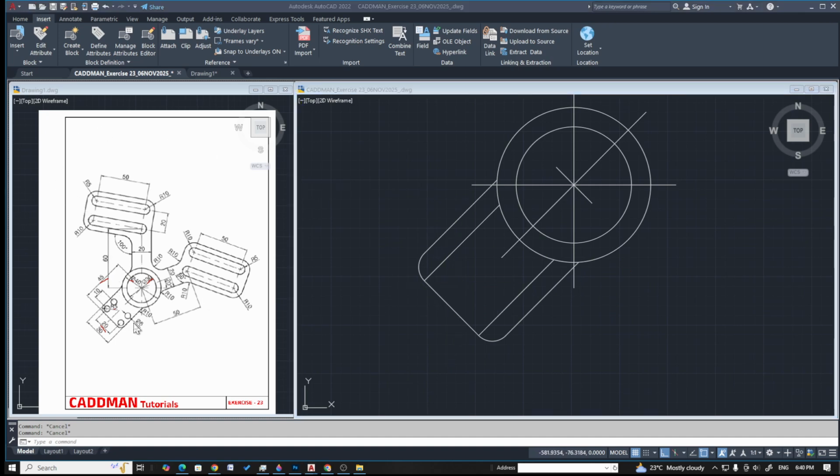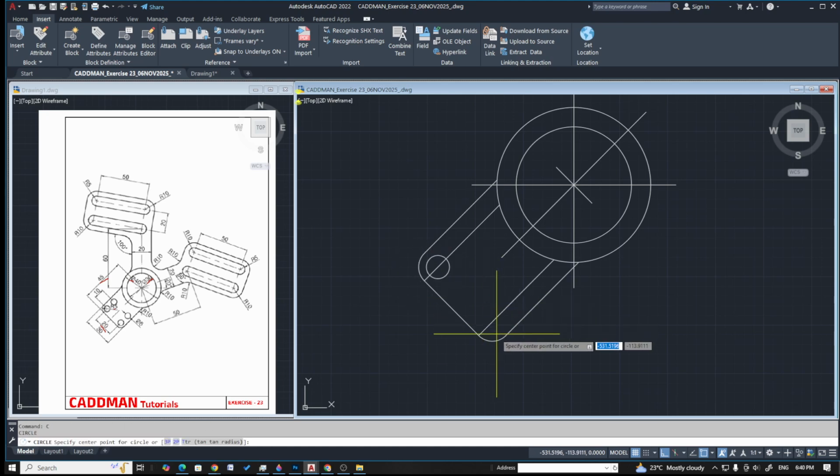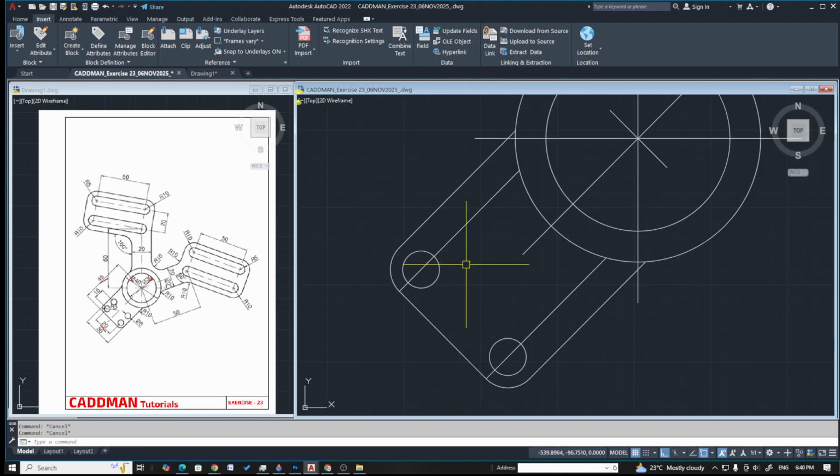Now let's try to create this dia 6 by giving a circle, and from the same center of this arc try to create dia 6. Similarly here, enter, and let's try to make a line from this center point to this center point and try to offset to a distance of 10 here to here, and that will be